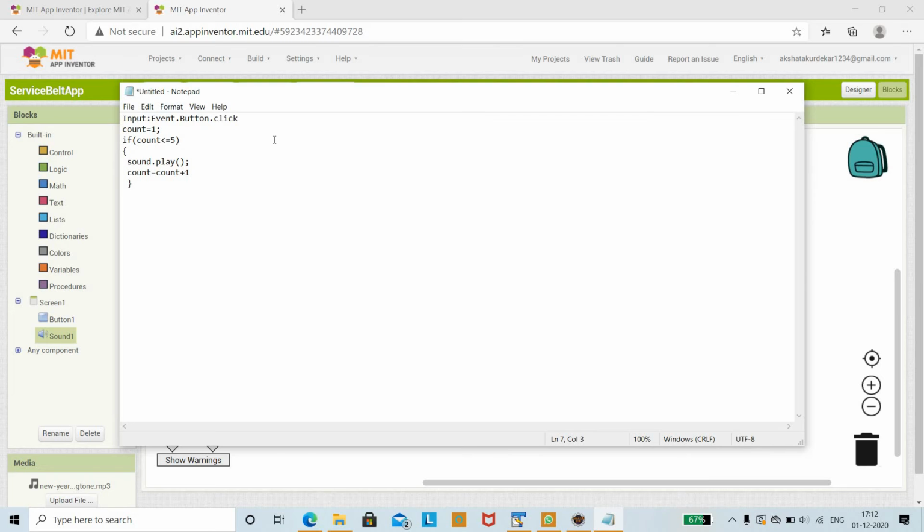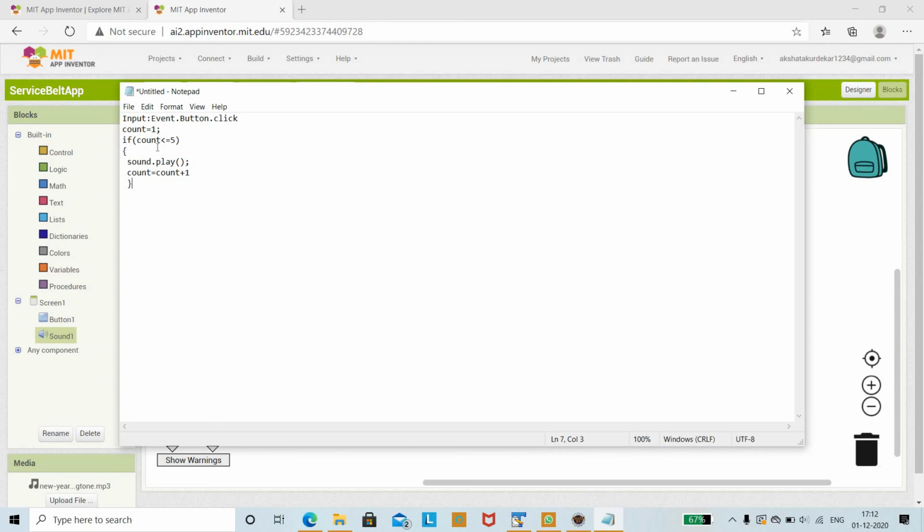Initially, this is just a simple reference and it's a pseudocode. We are performing the button click action. Initially we are going to set the count to 1. So initially count is 1. Next thing is if. So you are going to enter into the if loop. Initially count was 1, so you are going to check the condition whether 1 is less than or equal to 5.